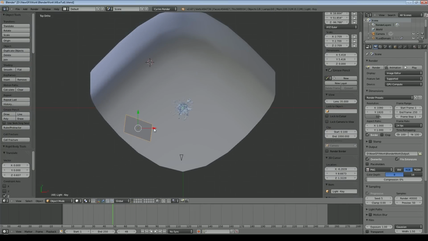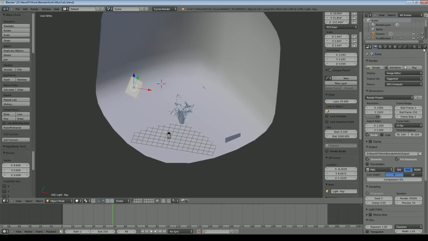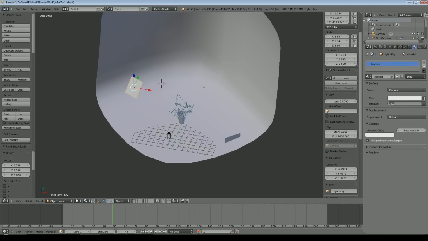And we'll just make sure that this light, which is my key light, so this is the one providing the majority of the light in the scene, I'm going to make it a little smaller, which will sharpen the shadows, but I'm also going to brighten it up. So as you no doubt know, the Cycles engine, you can use objects or planes or anything else that you want as light sources. And then this one here, this is my fill light, so this is basically just there to make sure we haven't got any really dark shadows.